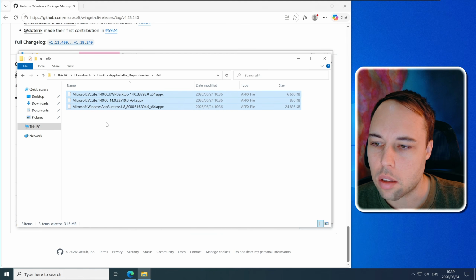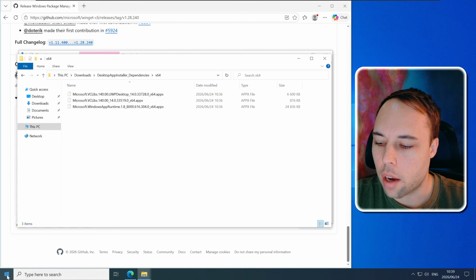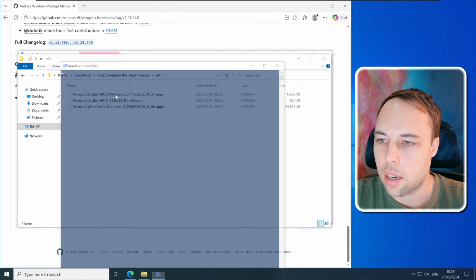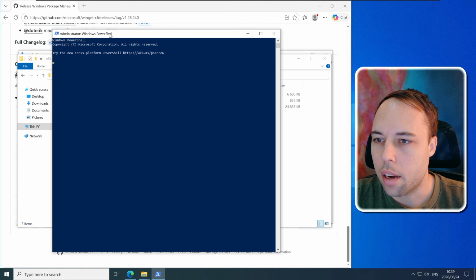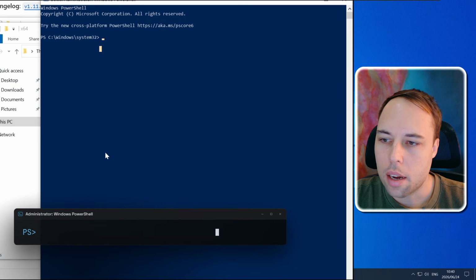And then we'll have these 3 files right here, which are appx files. We can't double click on these to install them. So what we need to do is right click the Start button, click on Windows PowerShell as admin, then accept any prompts you might get, and it'll open a new PowerShell window. And now we need to type a command here. That command is